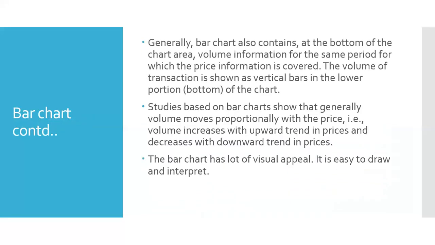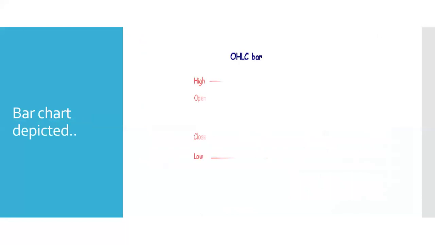See, this is a bar chart where we are showing high price, low price. This bar is known as the high low bar. On the high low bar, on the left hand side, this tick is showing the opening price for the day, and on the right hand side, this horizontal tick is showing the closing price for the day, right? The range of price for the day is high minus low price. So in the bar chart, you can depict high price, low price, opening price, and closing price for the day, right?